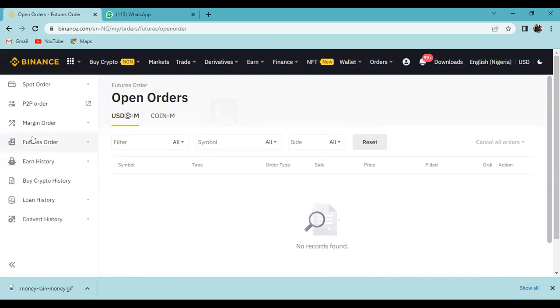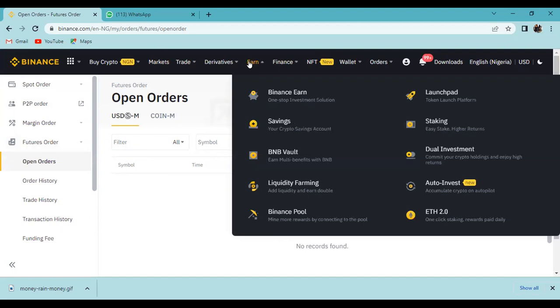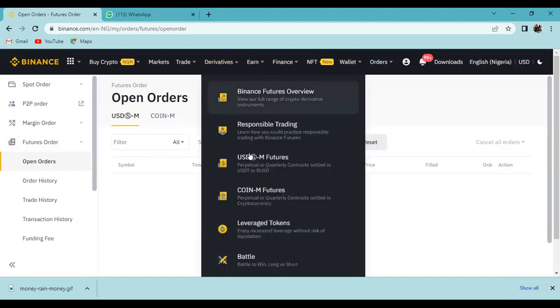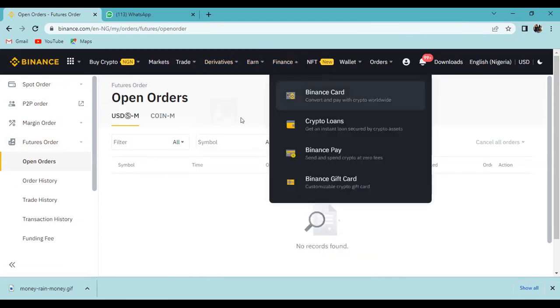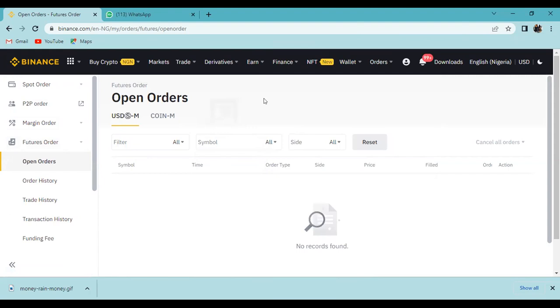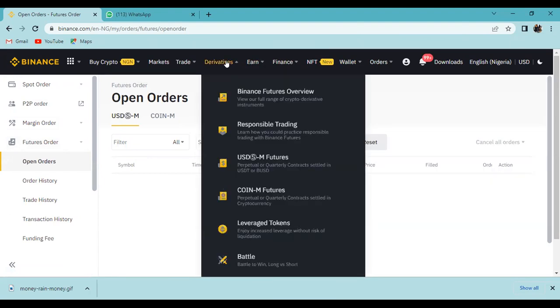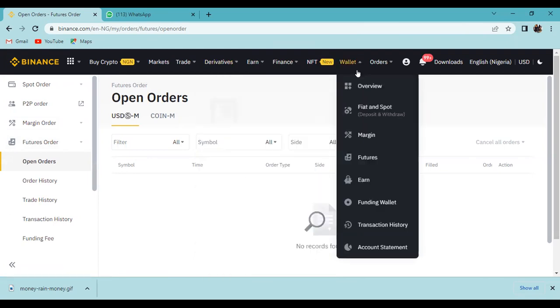Okay, I'm going to open a new one now. Go back to USDM futures. On web, it's as simple as opening it on the mobile version. Just come to derivatives, USDM. And the wallets are where you move your money from.